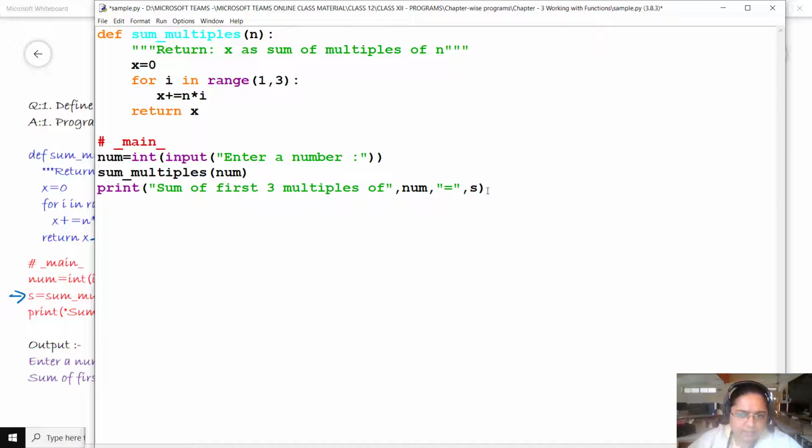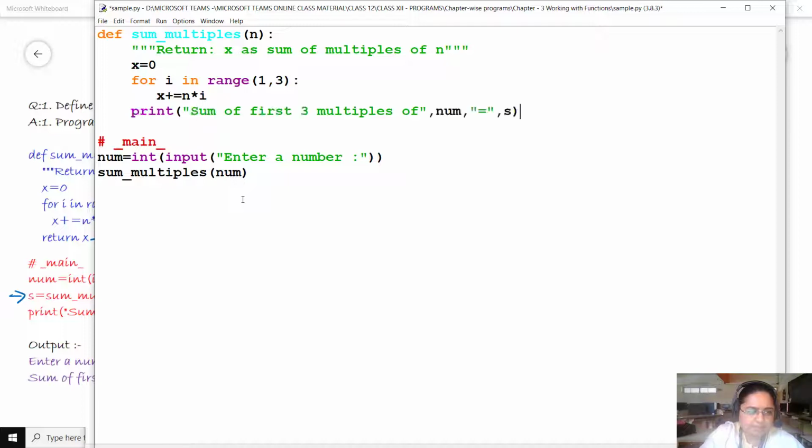And this statement which displays the sum of first three multiples of a number, we will just use Control X to cut it from here, and go to the function definition, where you can see this return x. Instead of return x, I'm going to simply paste this print statement.